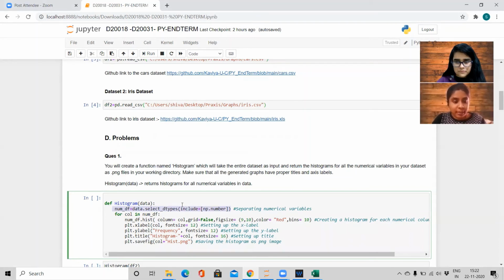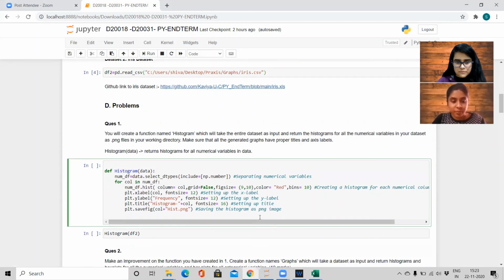And in that data frame, for every column, we are constructing a histogram using the hist function where we are specifying the column and also the other attributes like grid, fig size, color, bins, etc. So this would create a histogram for each of the columns in the numerical data frame. Following that, we are setting up the X label, the Y label, and also the title for the histogram. Once this is done, we are saving the histogram as a PNG image, and this image gets saved to our working directory. So let's just run this function.